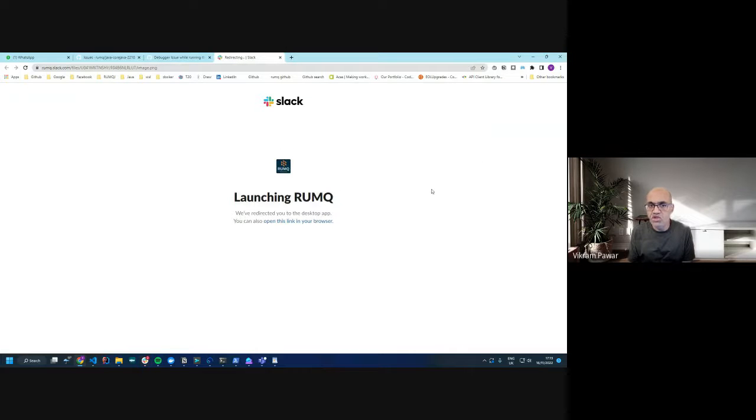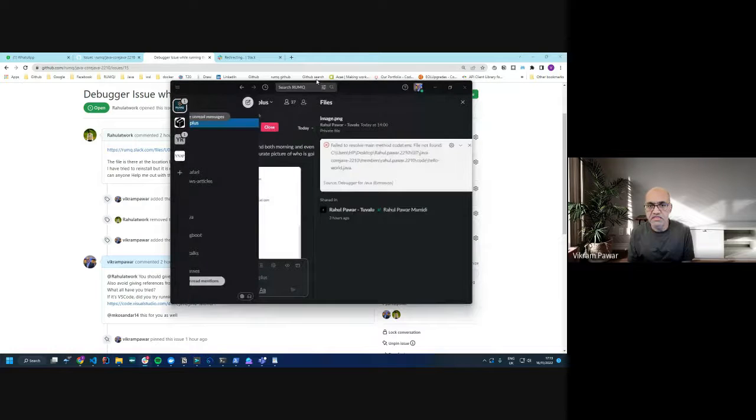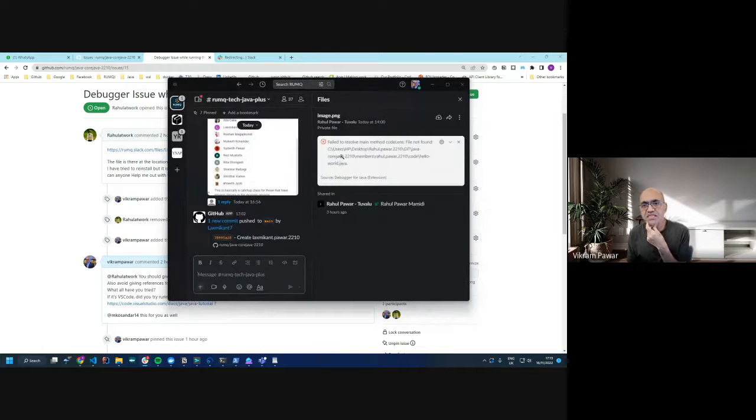And this opens up into Slack. First of all, give all the information here, even if this opens up. The problem with this is, even if I read it, unless you're very, very familiar with this, you will not know this is coming from VS Code. I know, because I work on this all the time.